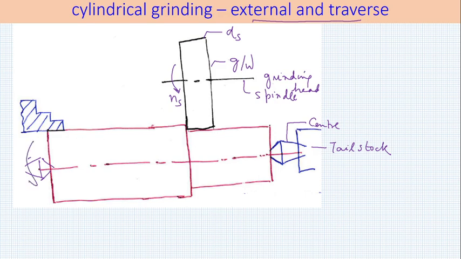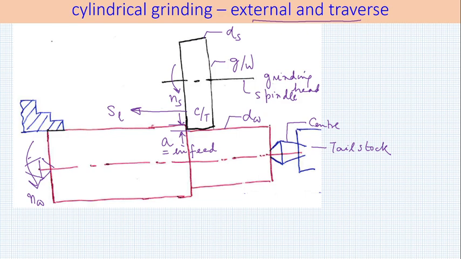Now, this workpiece head is rotating at NW. The ground surface is DW, and this is the amount of infeed, and it is continuously moving in this direction with SL. So if I say this is a cutting tool, the geometry or kinematics is very similar to grinding. Only thing is that the grinding wheel is continuously rotating.